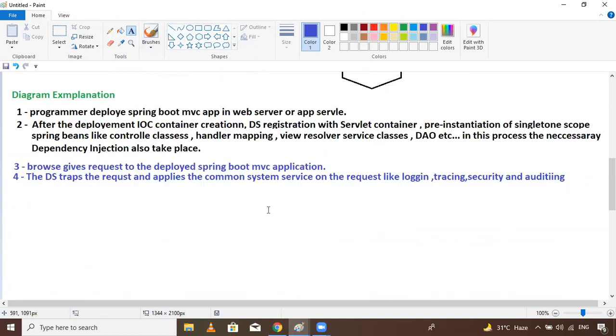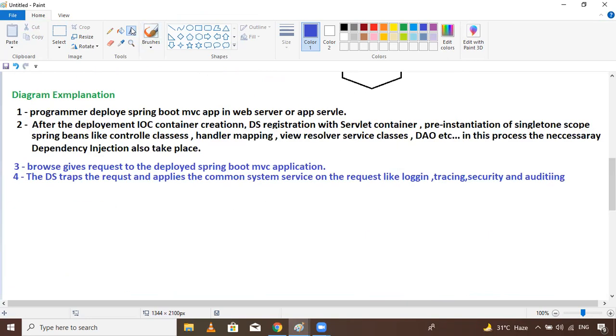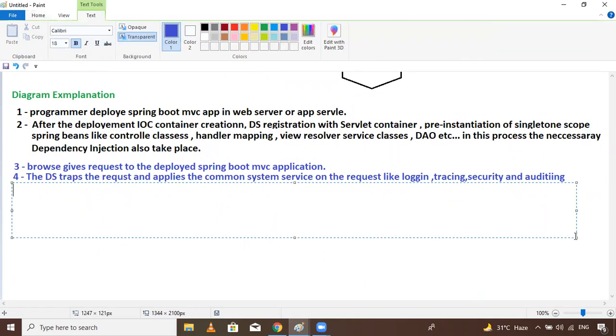And here, this one gave the request. So I want to write it as the fifth point. First, the request given is the request URL and request mode also. So the fifth step says: the dispatcher servlet hands over the request to the handler mapping component